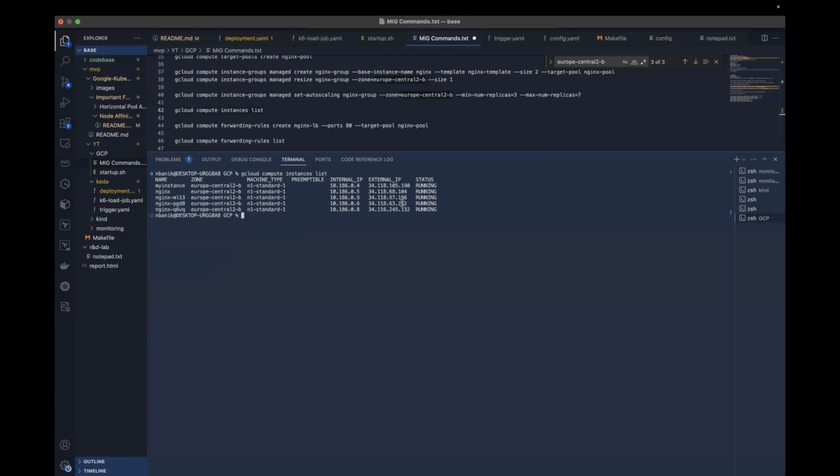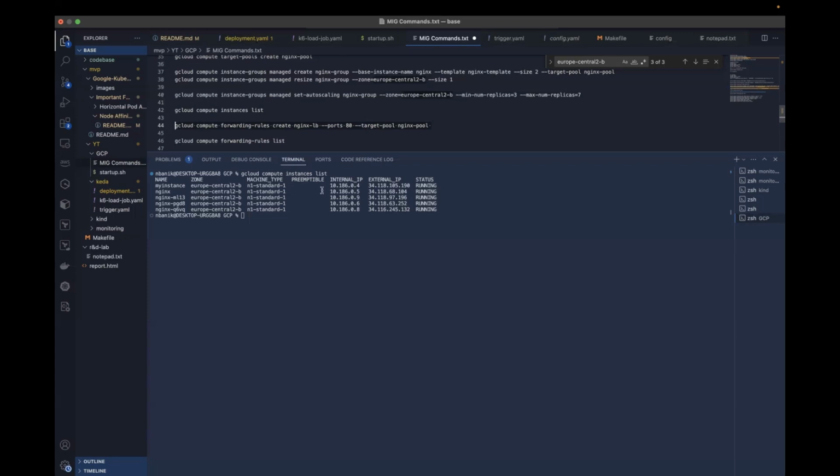So there are normally several types of load balancers in GCP, including the global external HTTPS load balancer, global SSL and TCP proxy load balancer, regional external and internal HTTPS load balancers, and the network load balancer. For us, we will be doing a simple regional network load balancer targeting our instance group. So what I'll do is I'll go ahead and create the